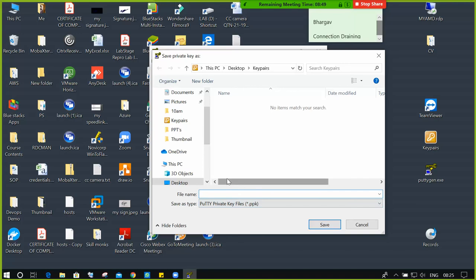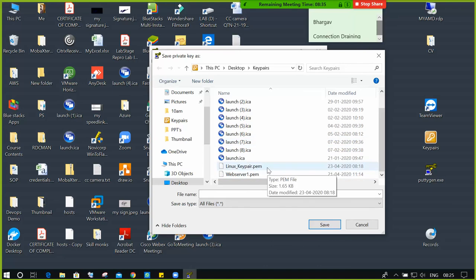Once you select this option, in the same key pair folder you can give a new name or the same old name for the PEM file, as you wish. Basically I'll use the same name as the PEM file, but I will change the extension to .ppk. The PEM file is a raw file, and by using the PEM file and puttygen.exe, I'll extract the password in the format of a private key. The format is .ppk.